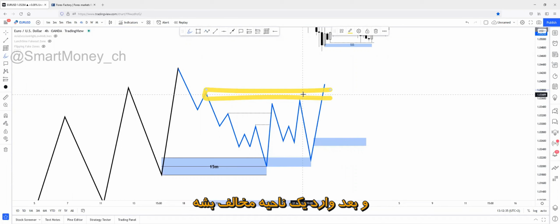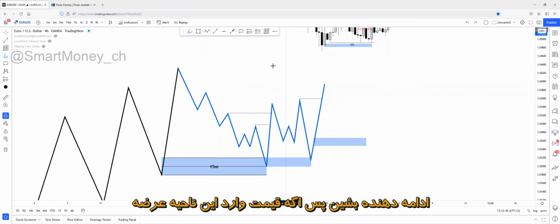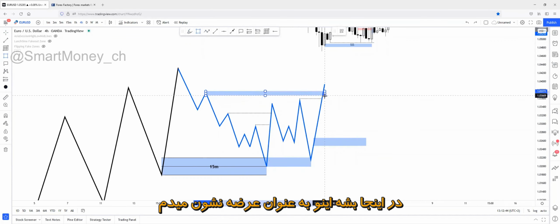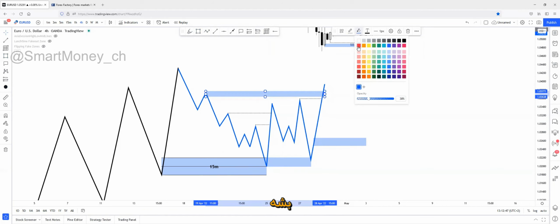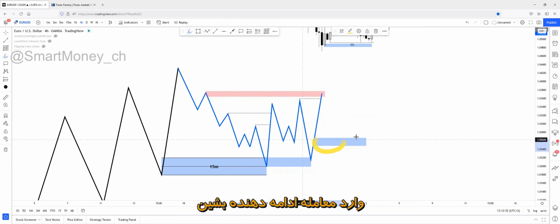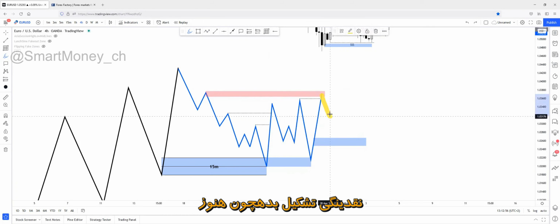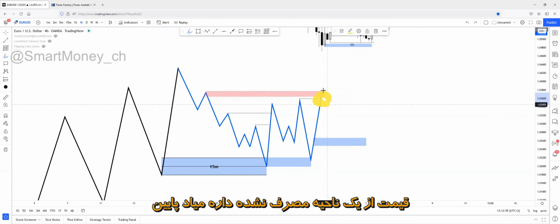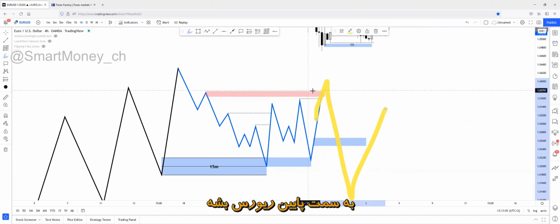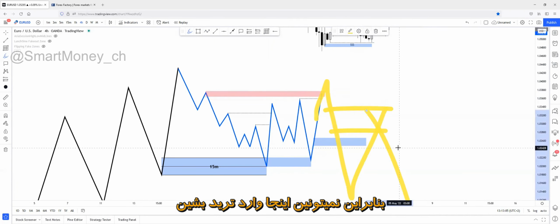If price is coming from an unmitigated zone, if price taps into the opposite side zone, you can't open a cancellation trade. So if price steps into this supply zone up here, I will mark it as a supply zone. If price steps into this supply zone, then you can't open a cancellation trade based on this demand zone. You can't put a limit order entry on this demand zone, even if price creates liquidity for this zone, because price is still coming from an unmitigated zone, and there's a chance that price will reverse to the downside and create an opposite side movement and go short. So you can't open a cancellation trade when price steps into an opposite side zone.